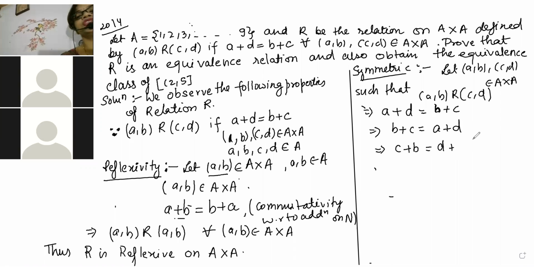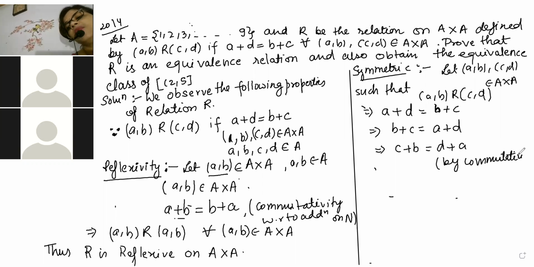Only one also you can change. When you are changing one beta, what will happen? It will become D plus A, so now you can take D plus A because A plus D is there. So if we change one, we will change the other also, and we will be getting it. So we can write like this by commutativity with respect to addition on A, I'm taking generalization.